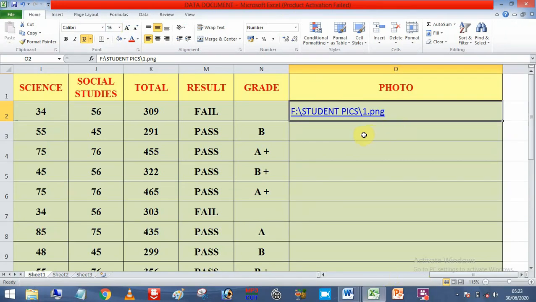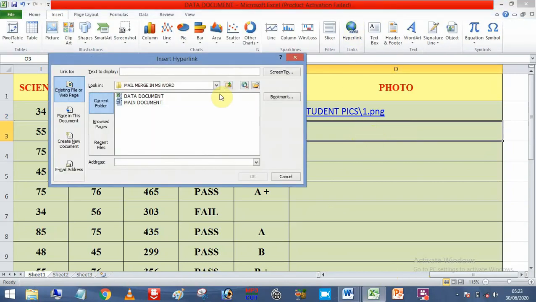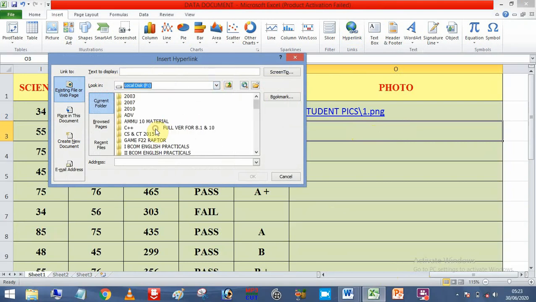See, so I'm going to insert again one by one. So go to insert, go to hyperlink, and go again to the F drive. Let me go to student pics.